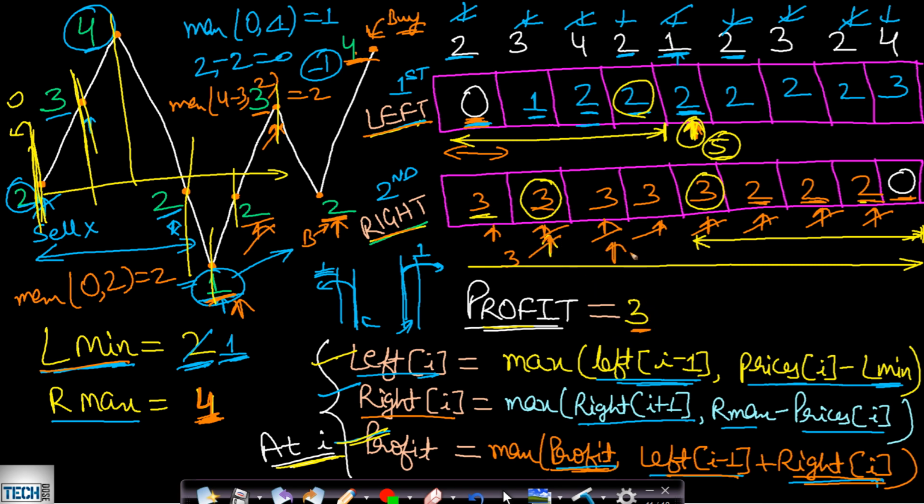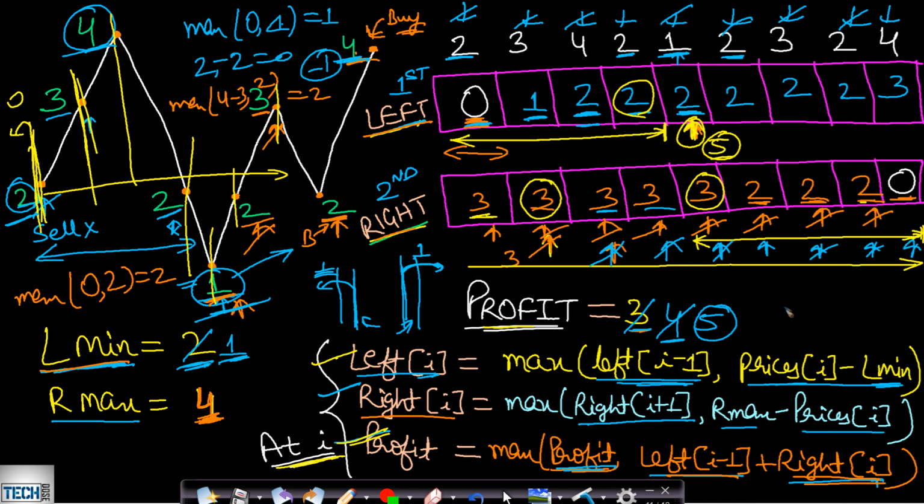Now for the next value, this is also 3. So for this 3, again we will take the maximum of the already calculated value, which is 3, comma, 1 plus this 3, which will be 4. So this 4 will be replaced. Now here at this point the value will come as the maximum of the already calculated value, comma, 2 plus 3, which will be 5. So we will give here 5. So like this we will keep repeating for all the values, and you will find that 5 will be the maximum profit value, which is if we are buying at 2, selling at 4, buying at 1 and selling at 4.